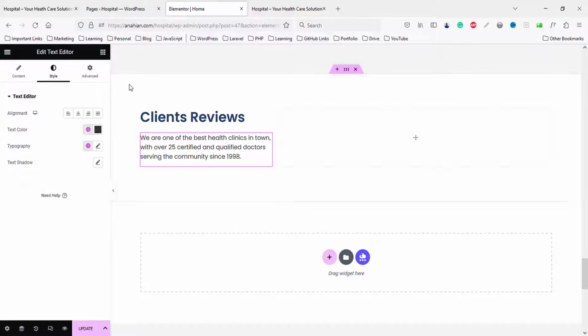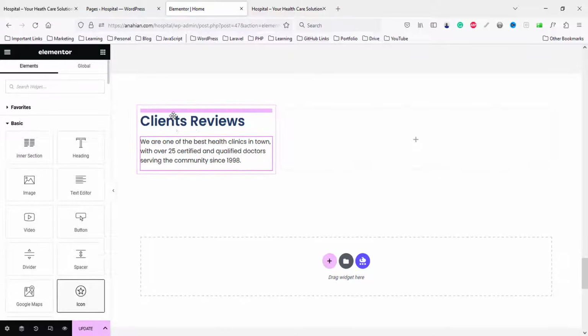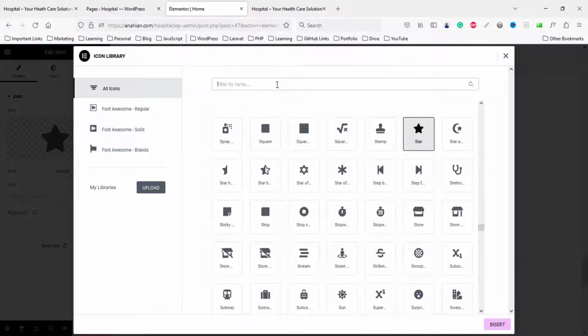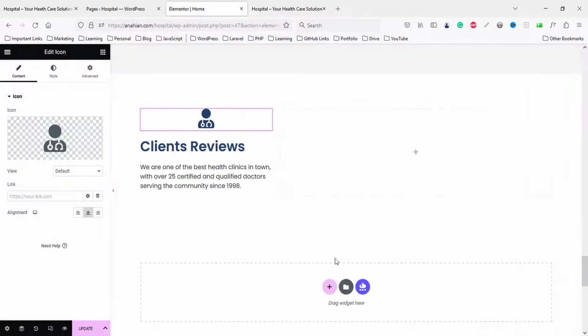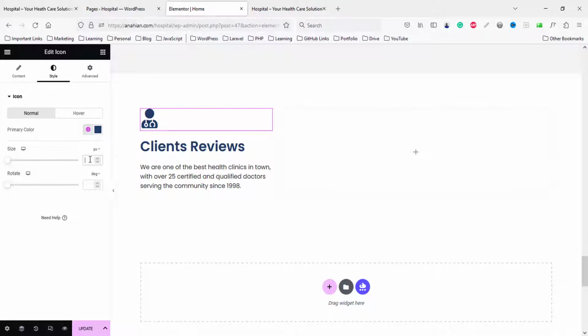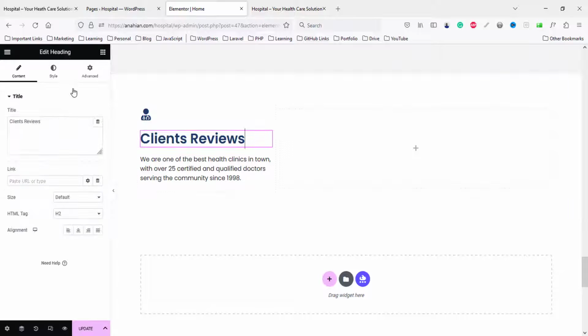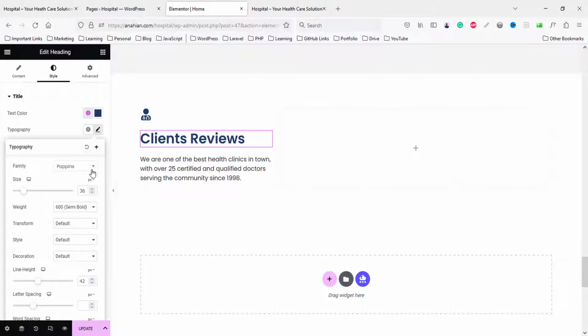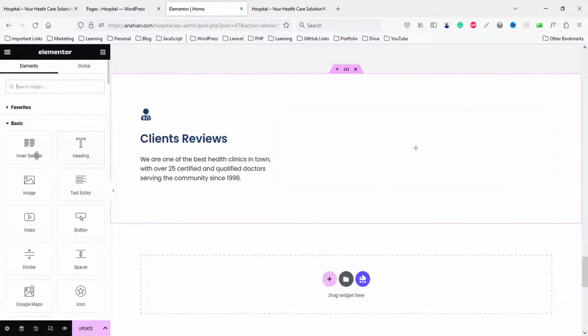Go to style part, text color. Okay, and we need an icon, so search for icon, and here we can search for user. Alignment left, style like 25, 30, and client reviews we can choose like 30, and here we can choose layout middle. Okay, fine. And we need an inner section,